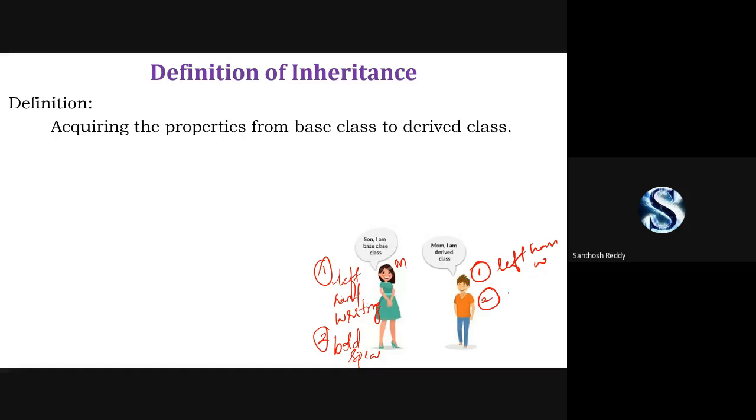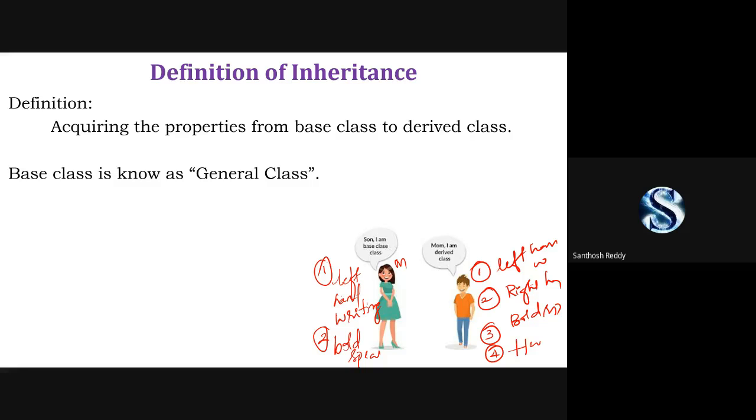Second, along with the left hand, he can make use of right hand writing. Third, bold speaking, but before speaking boldly, he will think. Understood? We have one parent and one child. The parent has two features: left hand writing and bold speaking. The same two features have been inherited by the child. Along with these two features, the child is going to have some other features apart from what the mother has.